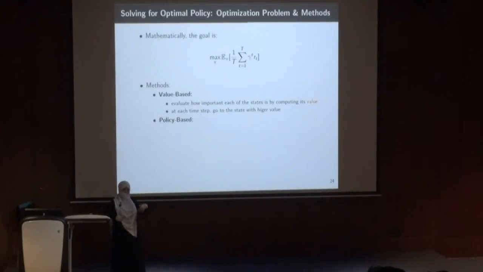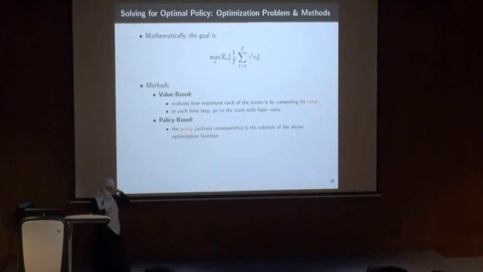Exactly. I get the derivative f prime of x, equate it to 0, and find x, that is the solution of f prime of x equal to 0. Now, because we don't have a one-dimensional problem and we have a more complicated problem, we do something like the Jacobian and we derive this optimization function, and we get the policy, which is a function that maximizes this function without computing the values, by just deriving and going to the local minimum and so on.